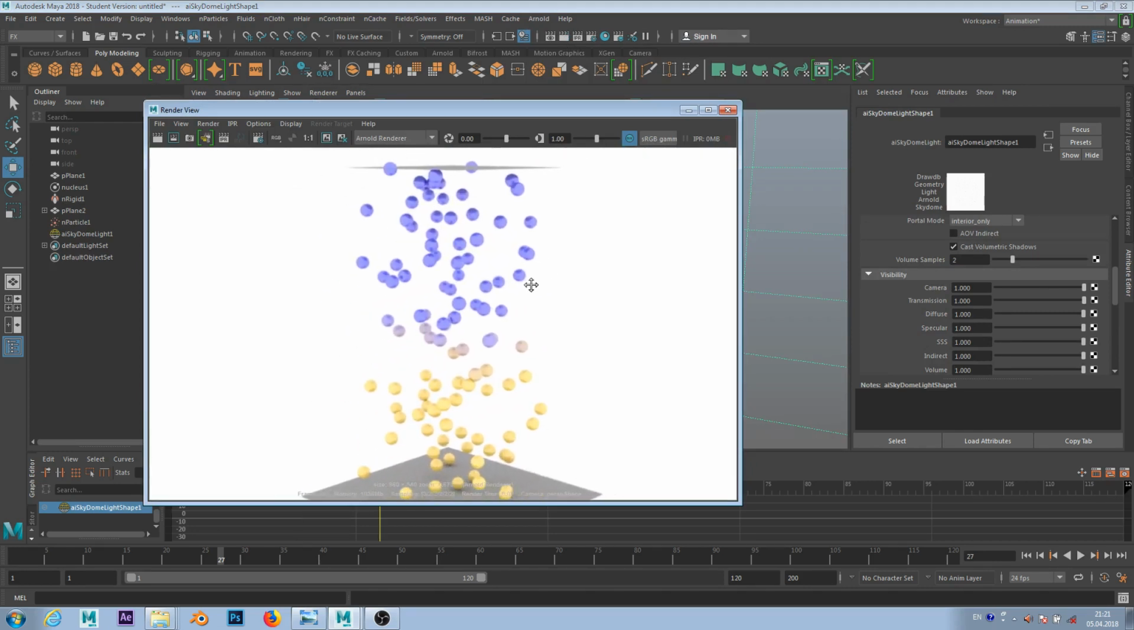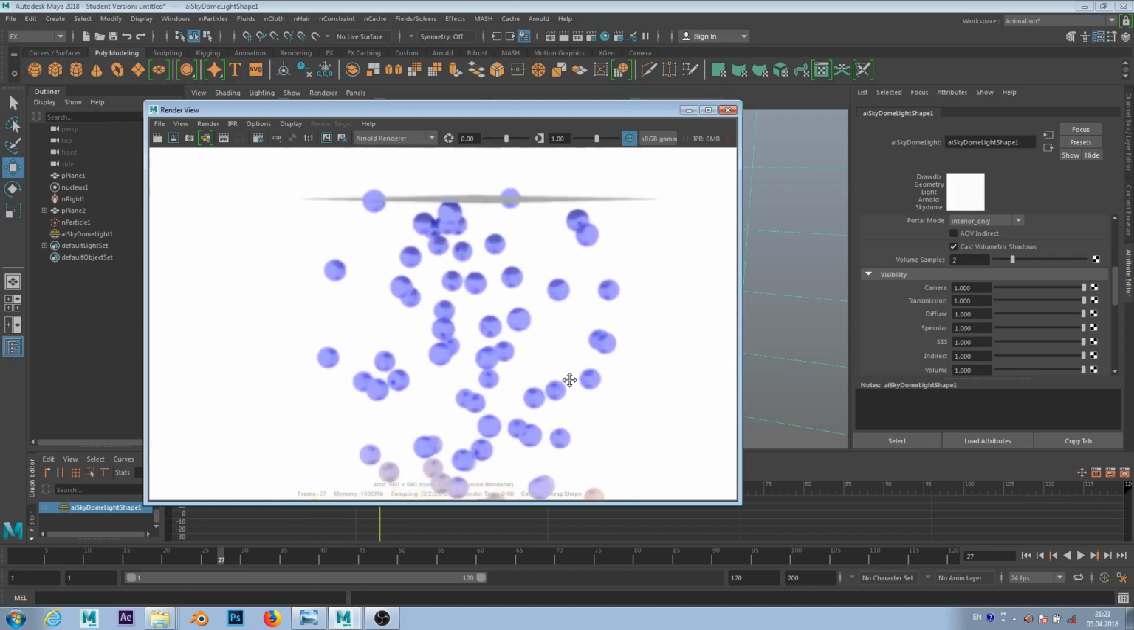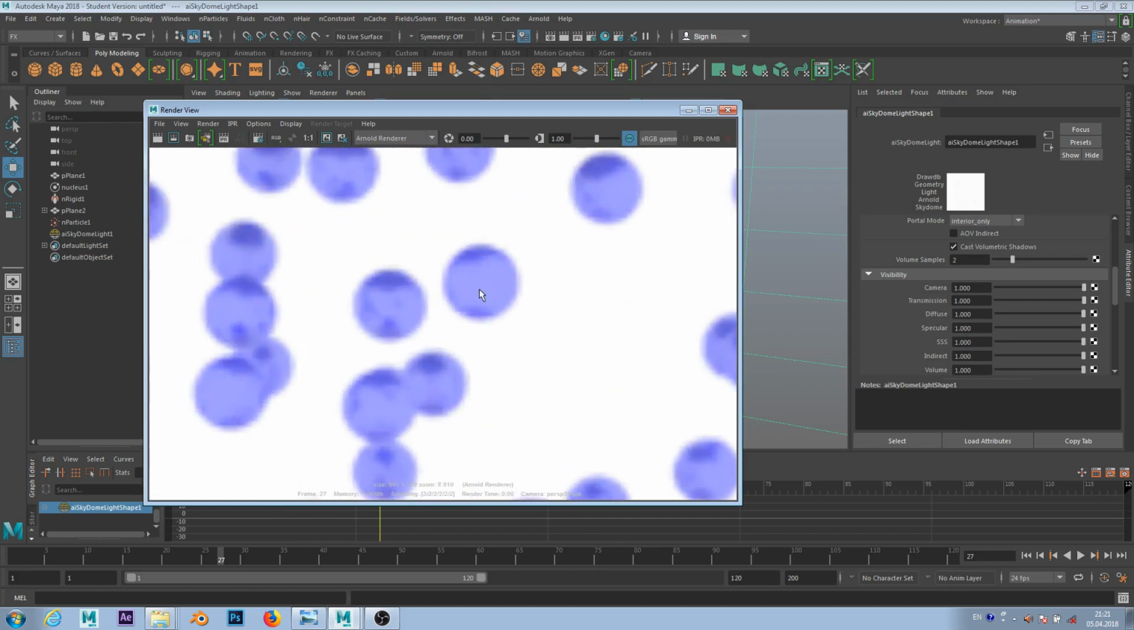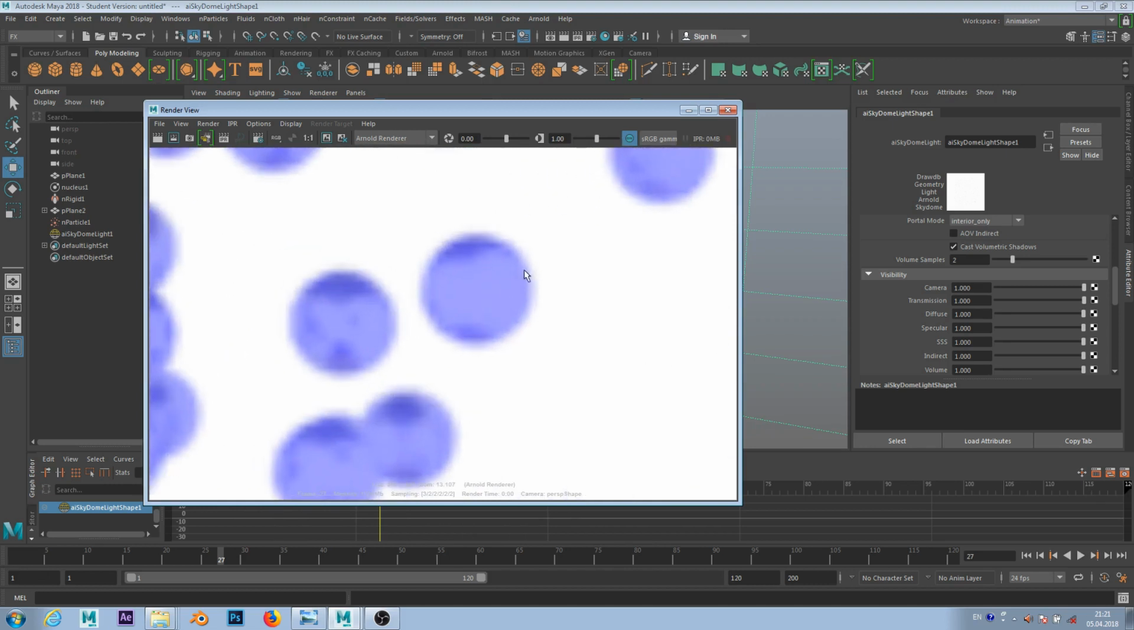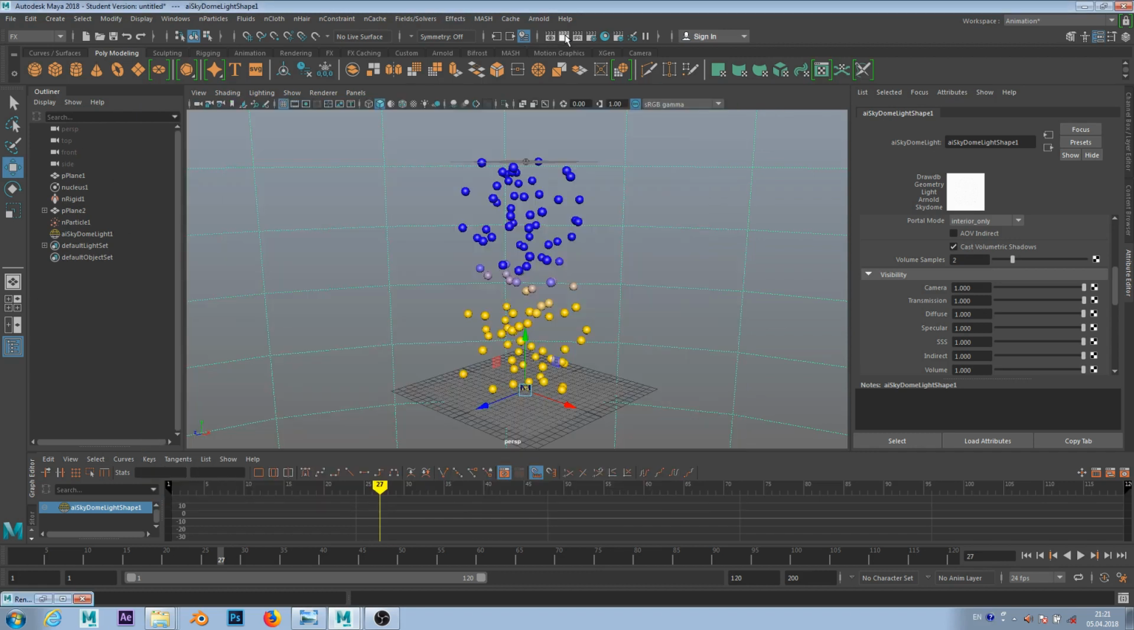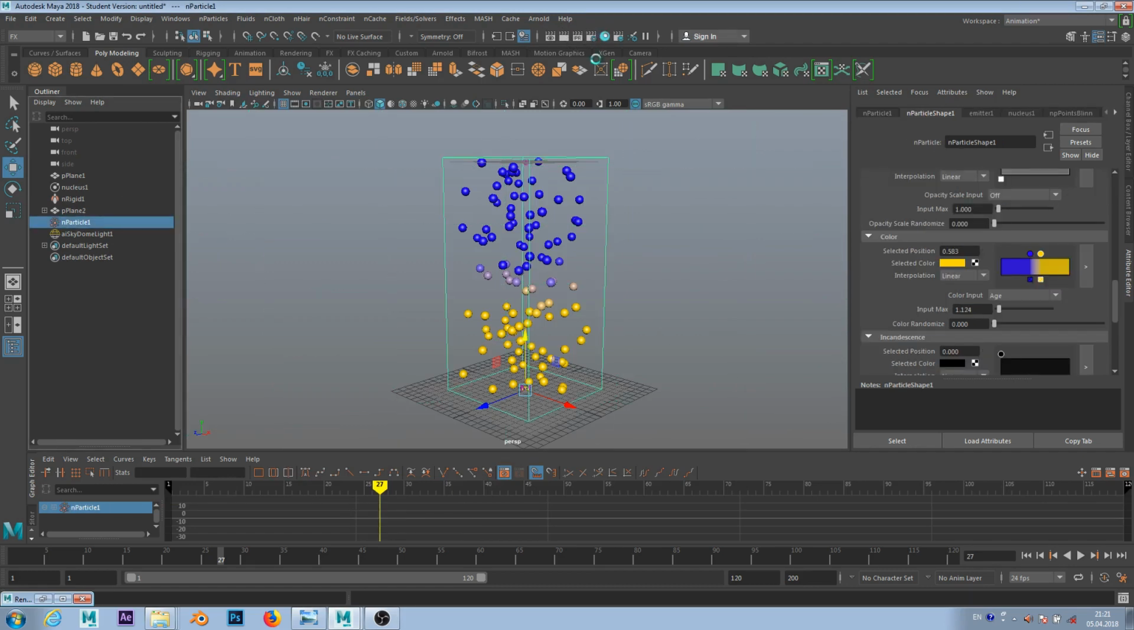Here we go. As you can see what is happening, if I come closer here, they have a little bit of glossiness or specularity, so-called. So they reflect this white color light that we have on the background. Why is this happening? Because by default, all of these particles, if we select this particle and go to the hypershade,